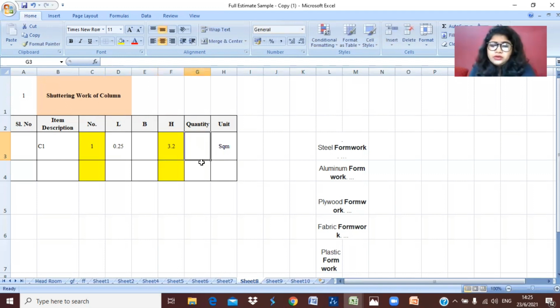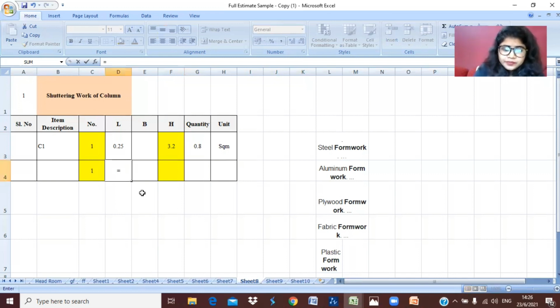Now we will calculate the quantity. To calculate it, we multiply number into length into height, and you will get the quantity. Now for the second size, 250 into 300, I will write 1 in the number section. The 300 we have to convert into meter, so it will be 0.30.